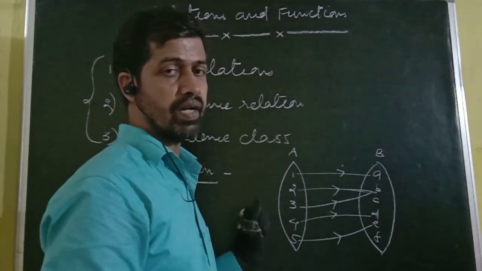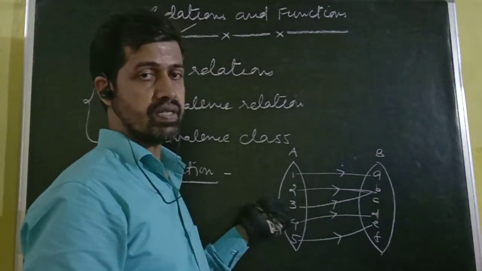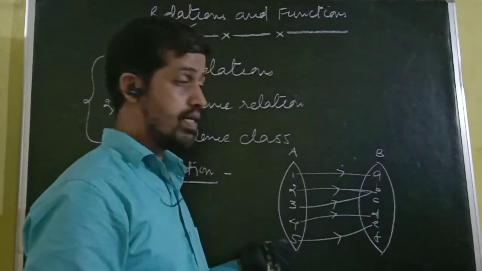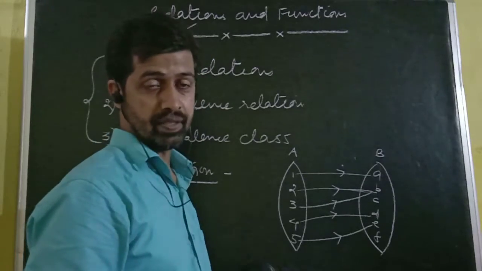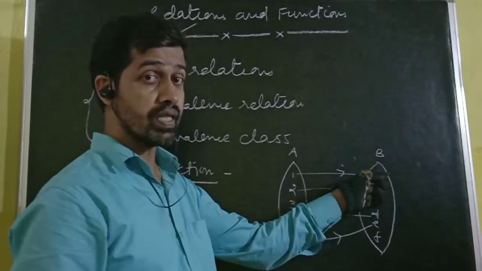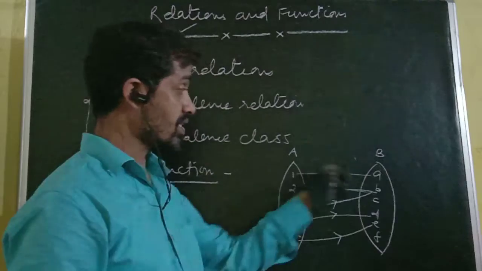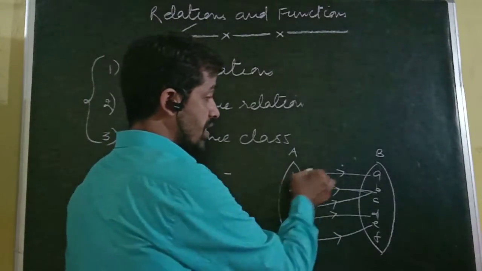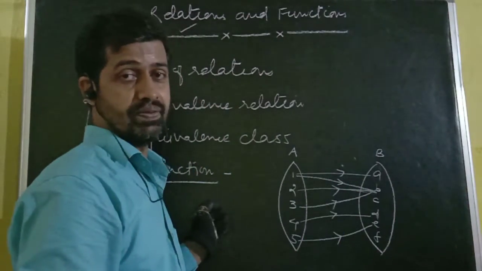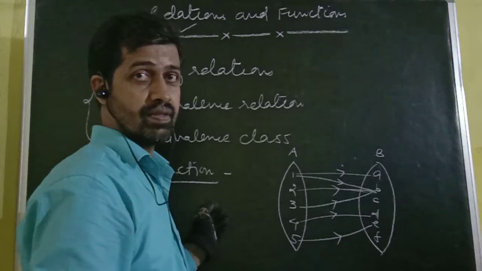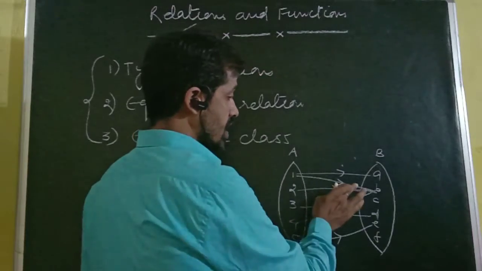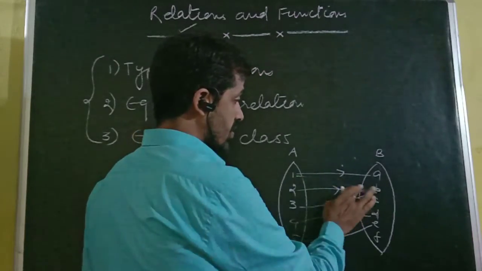Right? This type of relation we term as a function because every element of the domain is uniquely related to an element of the codomain. See, 1 is related to A. It is not that 1 is related to A as well as 1 is related to B. Had it been so, then this would not be a function. Hope it is clear. If that is not there, then we say this is a function.